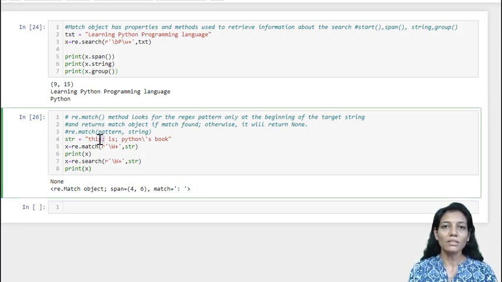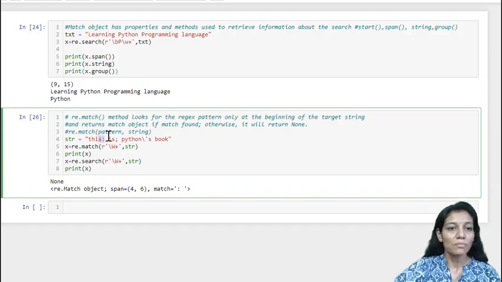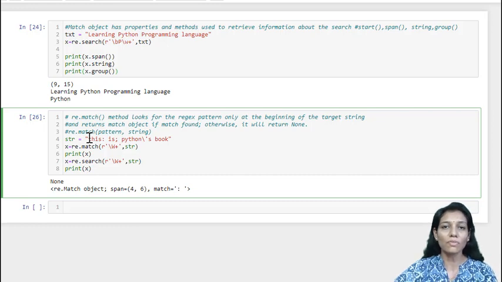Although match and search both will return only one match, okay, the difference is that match will terminate here itself because it has not found the pattern at the first location, while the search has gone and explored the whole string, and then wherever it has found the match it has returned.